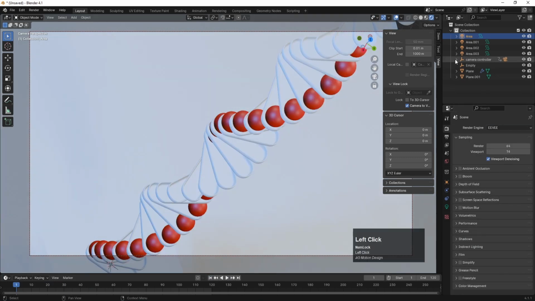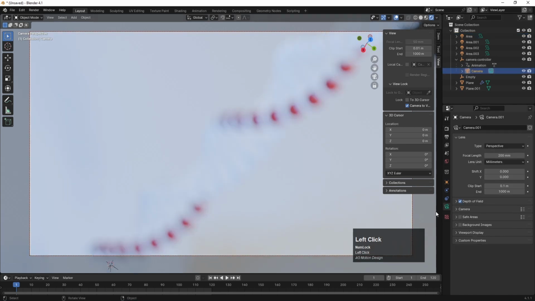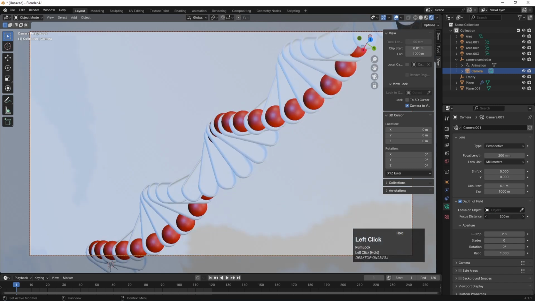Now over here, another thing you can do is select your camera, go to the camera settings and enable the depth of field. Go to the depth of field settings, and then we will increase the depth of field over here. So let's increase this value somewhere around 200. Okay, and let's see where we can adjust our focus distance. So let's make this 100, or let's choose 80,